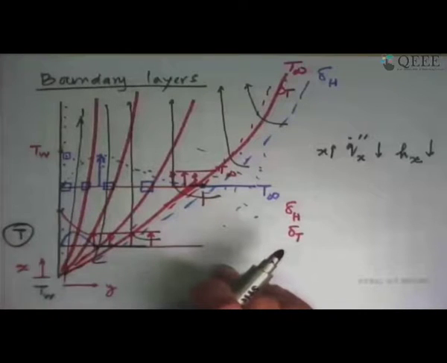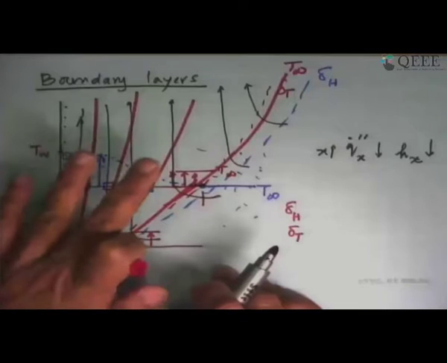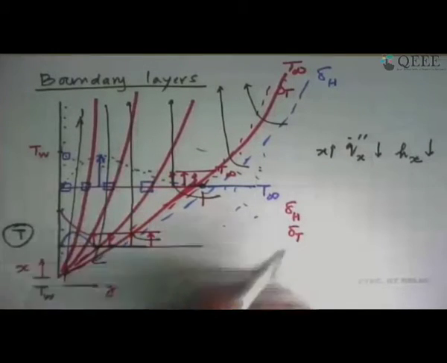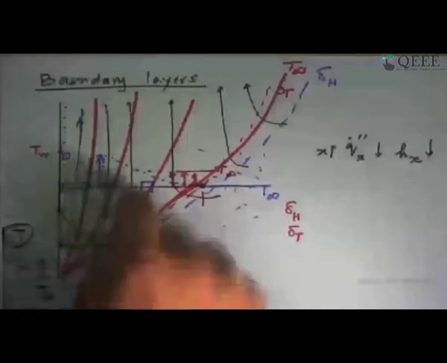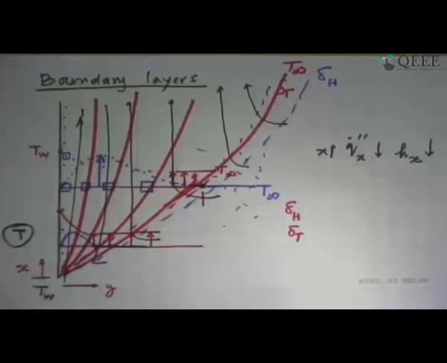And in case there was a flow coming onto it, as we saw in forced convection, there also the isotherms will look like this. The difficulty was that in forced convection it's very difficult to visualize that type of isotherms. But we have good pictures that can tell us whether this actually happens or not. So let's look at some pictures now.